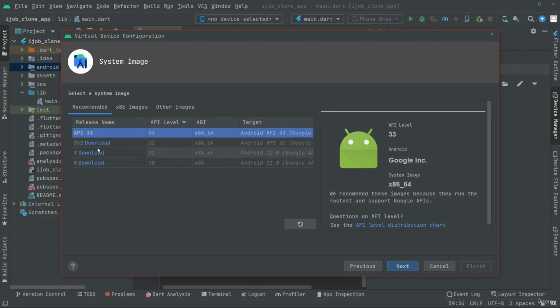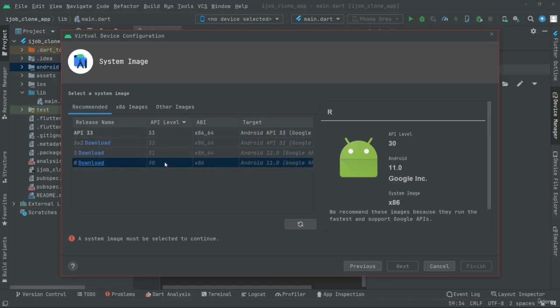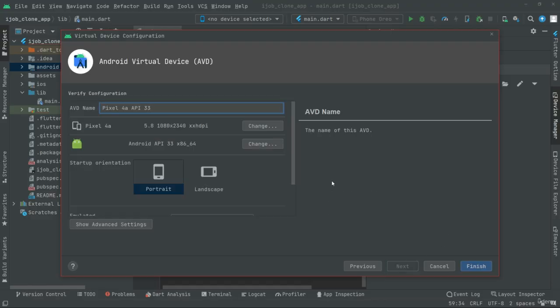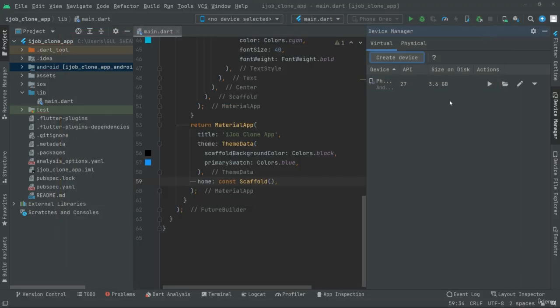If you didn't download it, download it, and you can choose whatever you want right in here and just download it, okay. And then come here and click on next, rename the phone if you guys want, and then whenever this completes, click on finish. This will simply create a virtual device emulator for you. So I have already downloaded. I will open that, click on this play button,